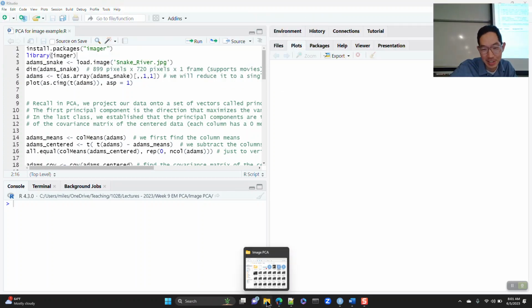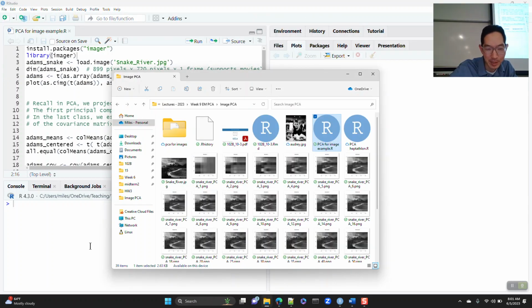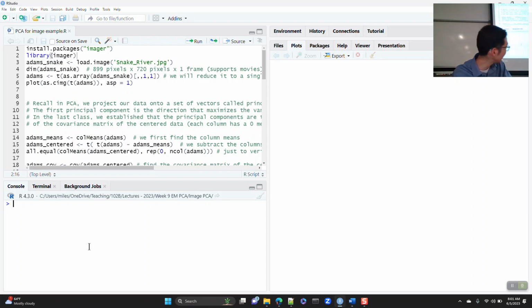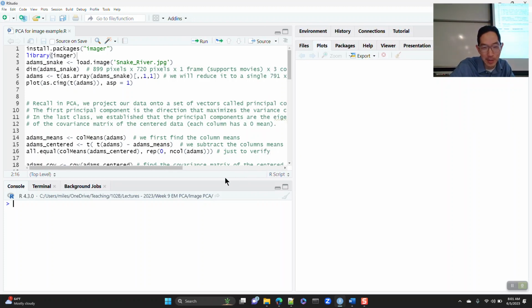Today, it's just a kind of side thing on PCA. Just showing you what dimension reduction looks like. It's an application, although it's not a very useful application in real life. We don't do things this way, but